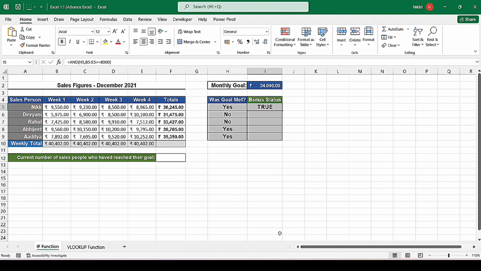The moment we click OK, answer came true. It means all conditions are fulfilled. To find out of all the salespersons, just drag it down like this. In first way and in second way, answer is same. It means both the formulas are right. We can use any way to find out the answer. Like this, we can use multiple functions in one formula. Try out this nesting function or multiple function in your Excel worksheet, and I will see you in next video.